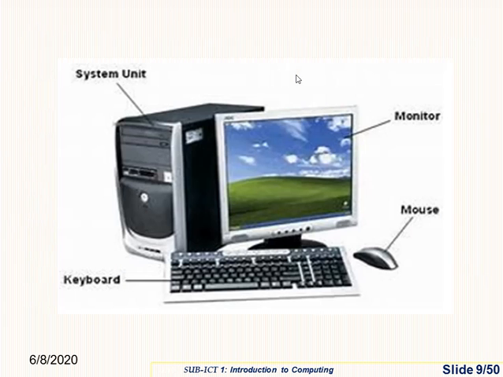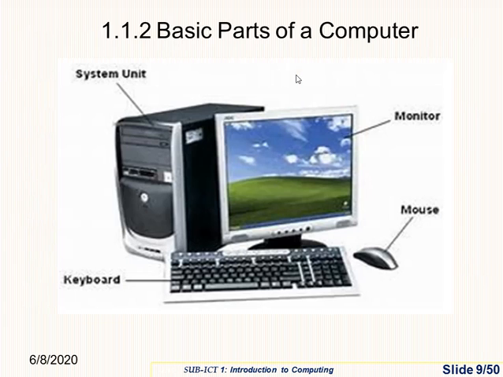Alright. After looking at that, let's look at the basic parts of a computer. I've come up here with only 4, but there are many, so you should be able to state others. The first one is the system unit. As you can see here, this is the system unit. Though some people call it the CPU, that is very wrong. This is just a box. It is not the CPU.